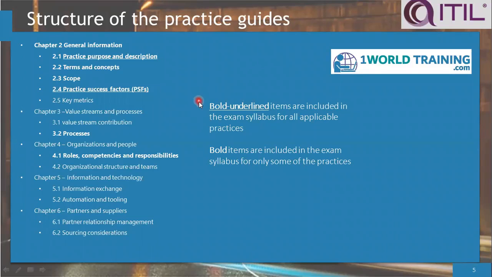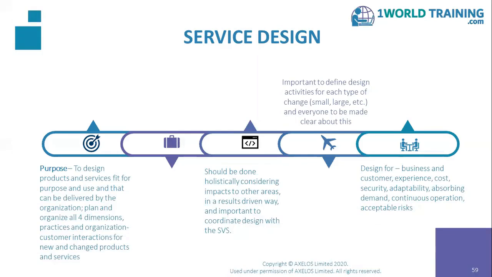Another thing to know is that the items which are bold as well as underlined, such as 2.1, 2.4, are included in the exam syllabus for all applicable practices for the HVIT exam, whereas the ones which are just in bold but not underlined, such as 2.2, 2.3, 3.2, 4.1, are included in the exam syllabus for only some of the practices. And these two rules are applicable for all the 4 ITIL 4 middle level certifications, such as HVIT, drive stakeholder value, direct plan and improve, and create, deliver and support. With that understanding, let us now